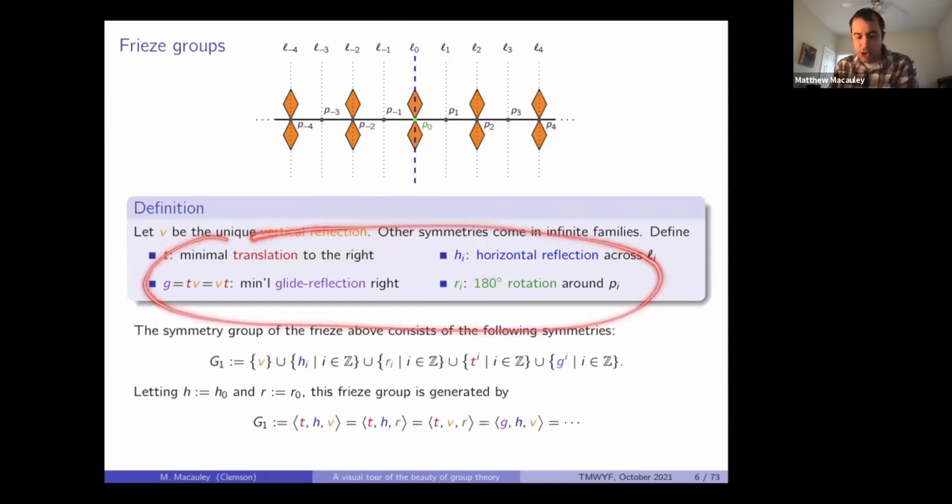And so there's a lot of ways to generate this. What this means here is that this group is generated by a translation, a horizontal flip and a vertical flip, or by a translation, a horizontal flip and a rotation. There's a lot of ways to do this. Now, if you want to get rid of the vertical reflection, you can do that in a number of ways. You can, for example,